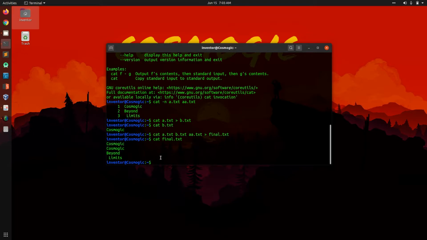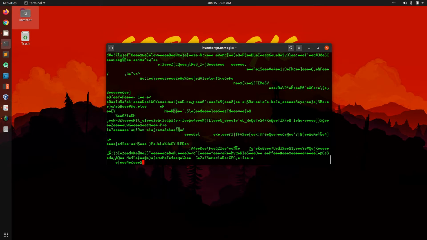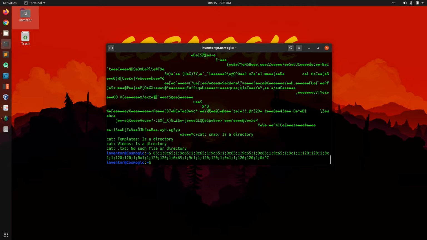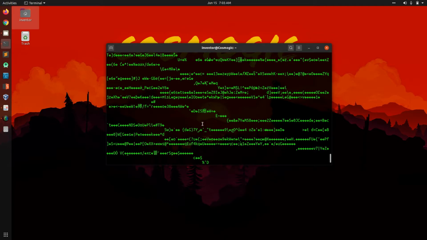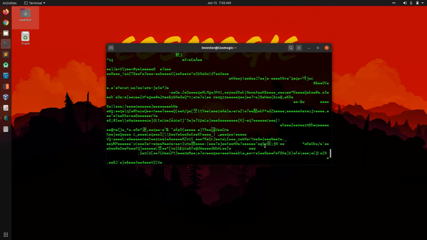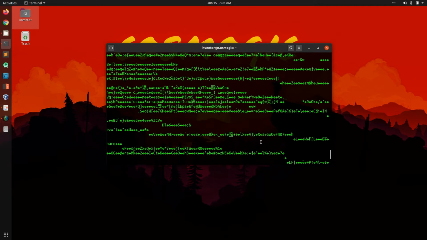Now, what if I want to see all the content present in the directory with the .txt extension? I can write cat *.txt. It will print the content of each and every file which has the extension .txt. Okay, we were in our user folder, that's why this much information is here.